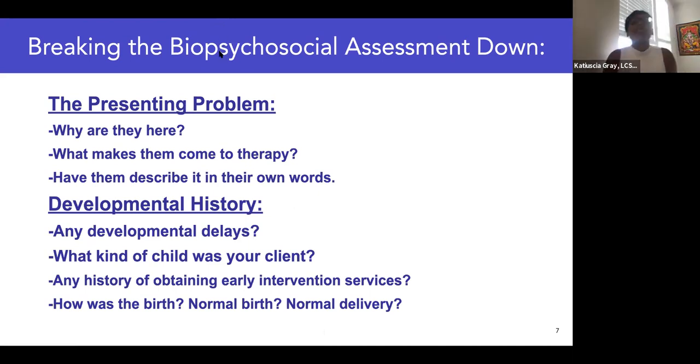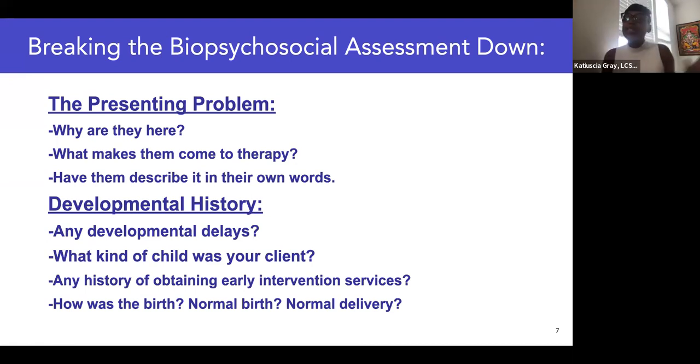All right. So the developmental history, right? Let's talk a little bit about the developmental history. I know most of you see adults. I know I specialize in children and adolescents, but most people see adults, I would imagine. No one sees children, correct? The youngest I have is 14. Okay. So you see adolescents. But for the most part, I think she said everybody sees adults, 18 and over.